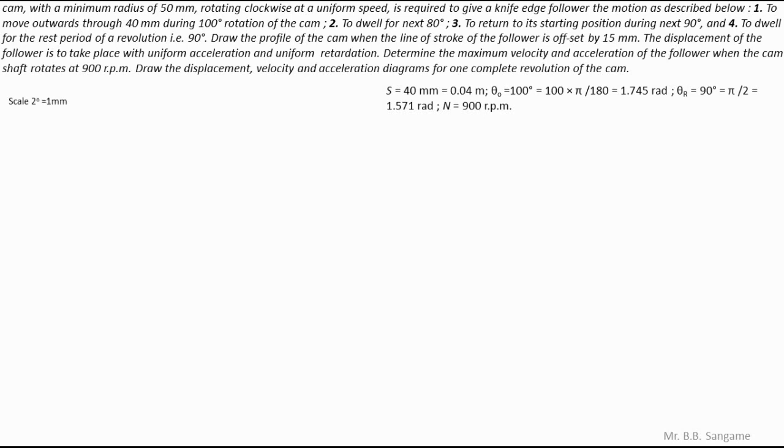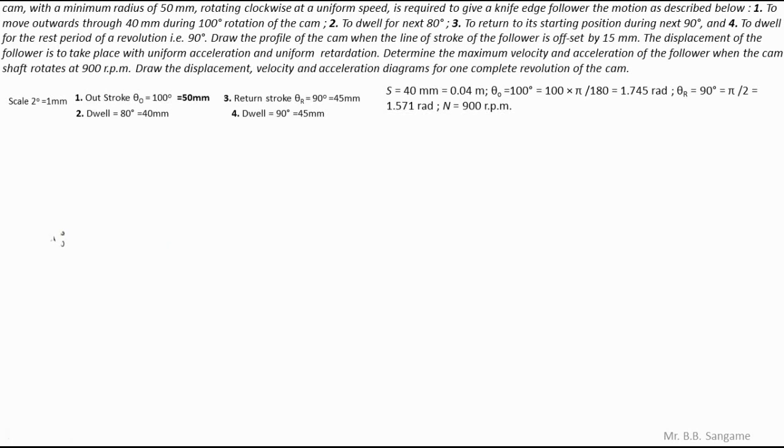So let's take a scale. Here I have decided to go for the scale of 2 degrees to 1 mm to plot the displacement diagram. So as per the scale, outstroke will be of length 50 mm, dwell part, the middle one, is of magnitude 40 mm, return stroke is of magnitude 90 degrees so it will be of a length of 45 mm, and remaining dwell will be of a length of 45 mm. So here we need to draw a horizontal line of length nearly 50 plus 45 plus 45, sorry, 50 plus 45 plus 40. So it means that we need to draw a line more than a length of 135 mm.